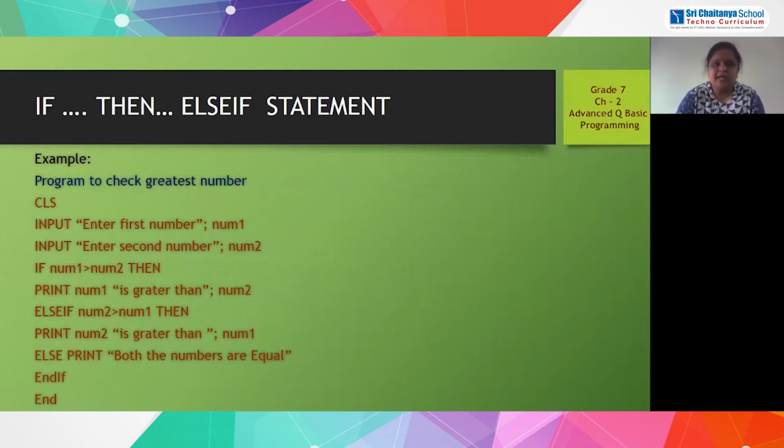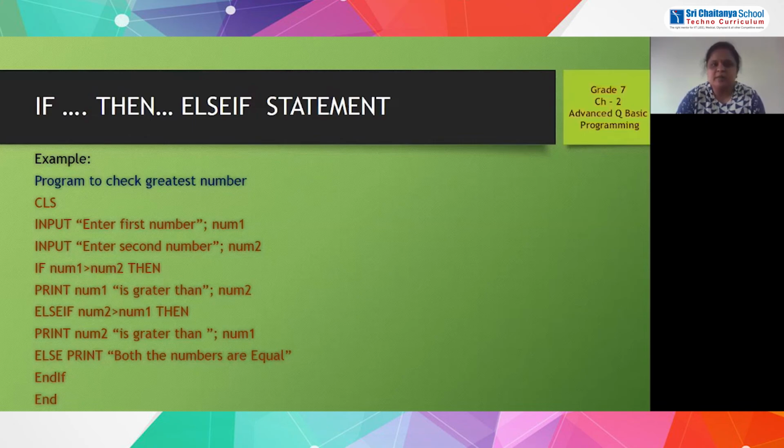You can see a program to check the greatest of two numbers. Here we want to check which is the greatest of two numbers. You may think, ma'am, then we need only two conditions, whether the first number or the second number is bigger. But I will explain how we are using the if then else if statement in this program.